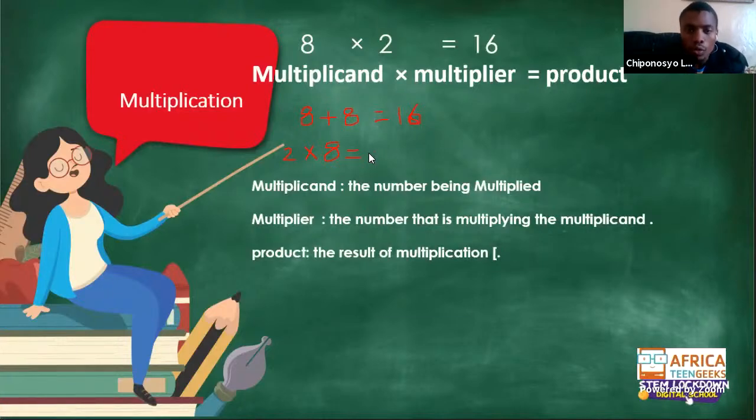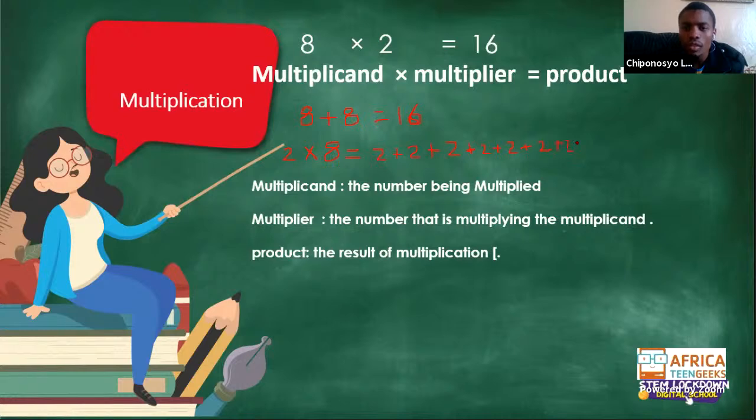So it's going to be 2 plus 2 plus 2 plus 2 plus 2 plus 2, what? 1, 2, 3, 4, plus 2 plus 2, 1, 2, 3, 4, 5, 6, plus